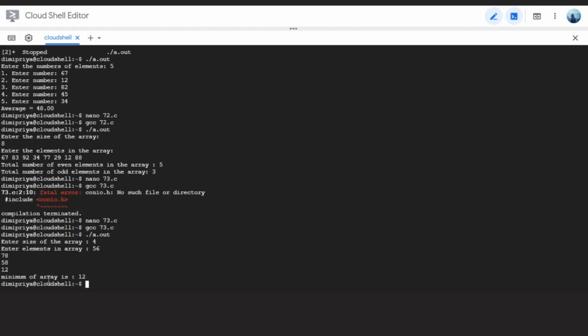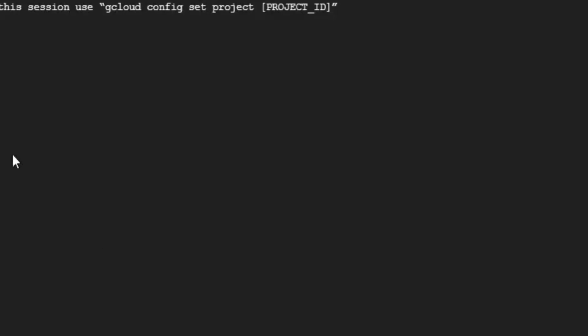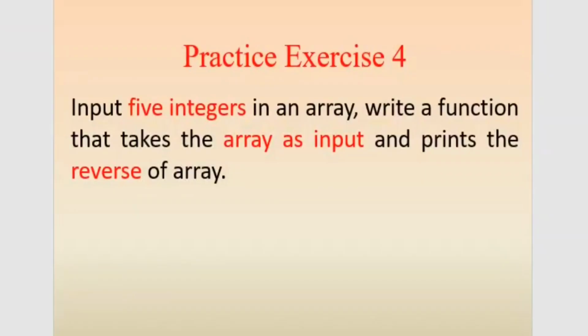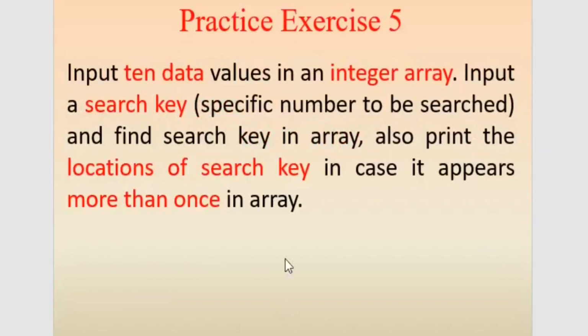So the minimum of the array is 12. Move to the next question, that is the fifth question. Input 10 data values in an integer array, input a search key and find the search key in the array.